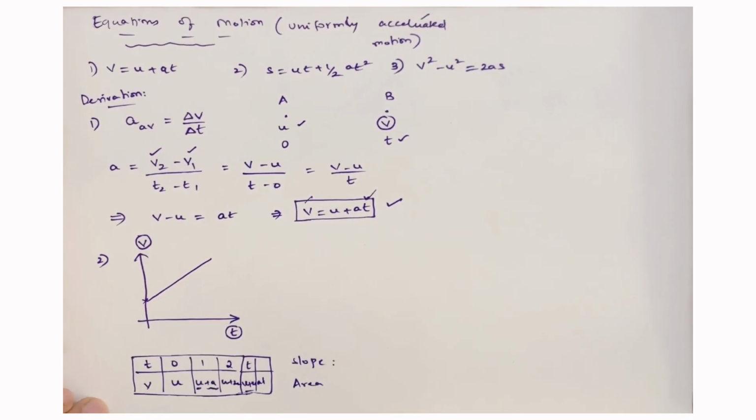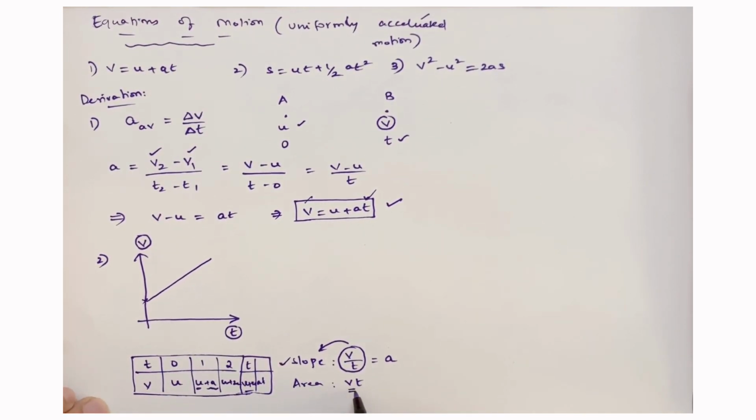So, slope is always y-axis divided by x-axis and area is always the product of y-axis and x-axis. So, if you observe the graph, v by t, if you calculate v by t, that is mathematically slope, but according to physics, what is v by t? It is acceleration. So, from this, one important point to be noted is, when you have a velocity time graph and you need to calculate the acceleration, then you are going to calculate using the slope.